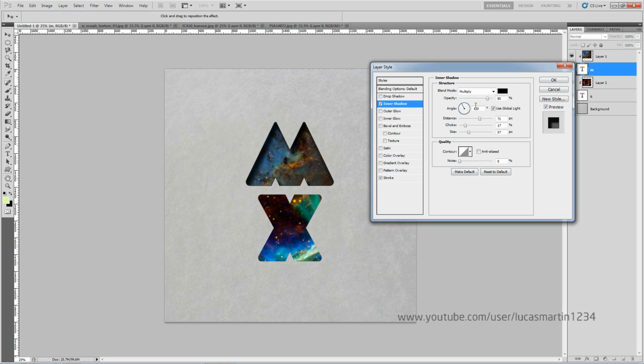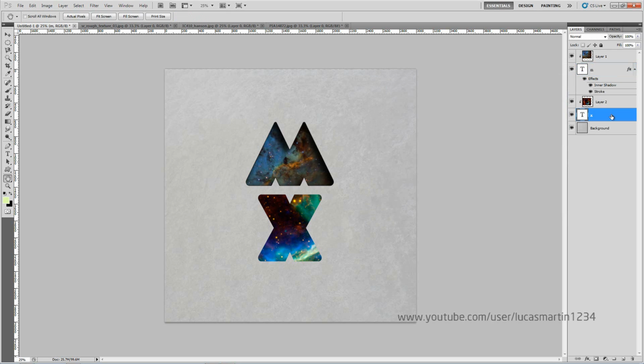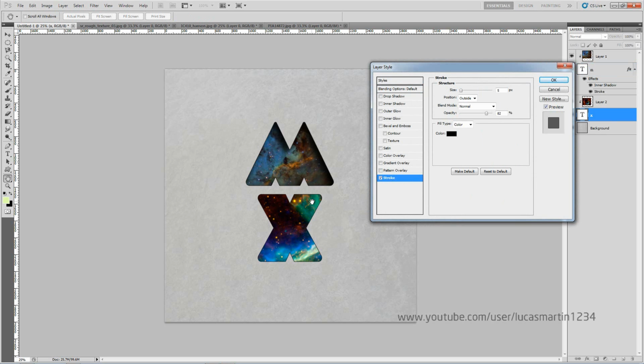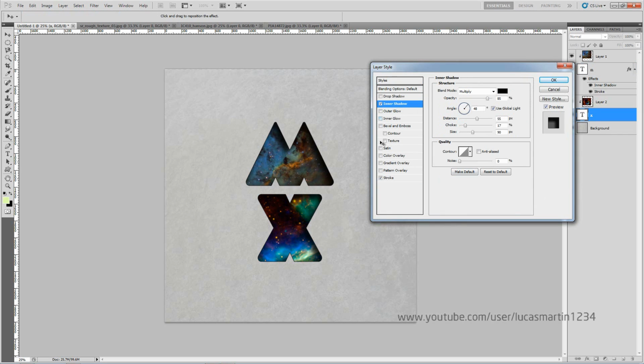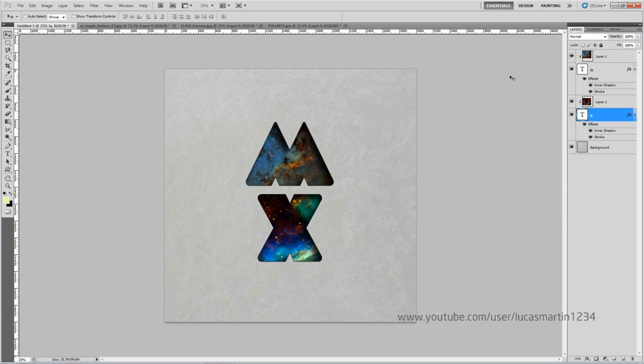Then you click inner shadow, and then you make the angle so the inner shadow is coming from this direction like this. Not as much there. You can make it a bit smaller. Do what you got to do, then click make default again, because this will make the X much easier to do. Now all you do is double click the X, click stroke, and it uses that stroke that's already there because we clicked make default. Then we click inner shadow, it does exactly the same, it's the default, so it's the same one we used there. So you just click OK, and